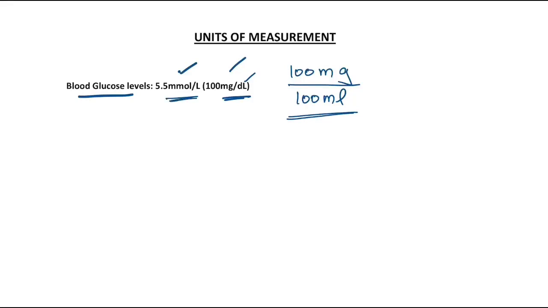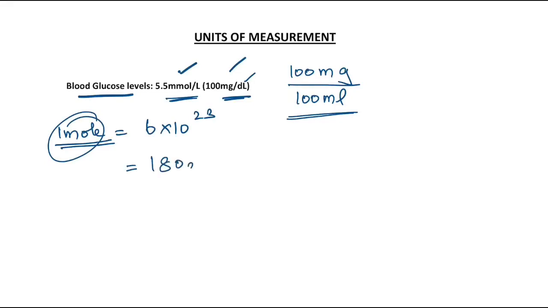What is the molar unit? 1 mole of any substance equals Avogadro number of molecules, that is 6 into 10 power 23 molecules that constitute 1 mole. How to convert mole into milligrams? We just have to express it in its molecular weight in grams. So glucose molecular weight is 180. 180 grams of glucose is 1 mole, and we dissolve it in 1 liter of water. It gives a 1 molar solution.